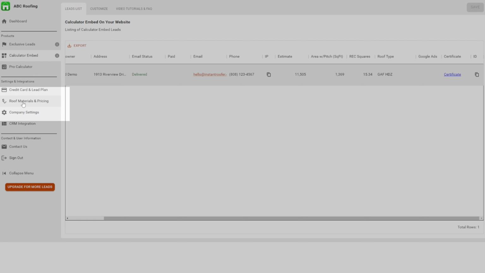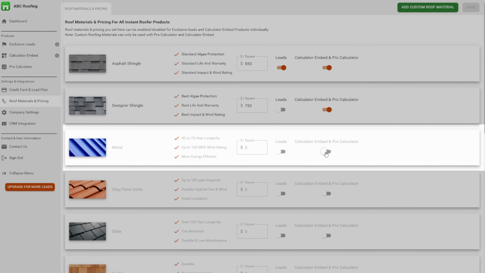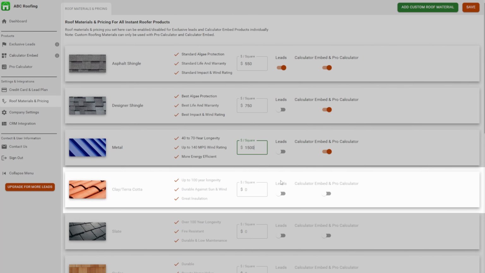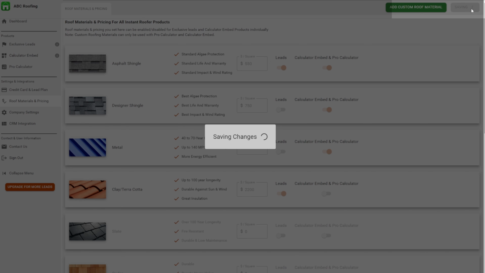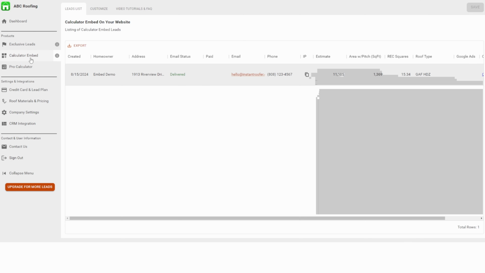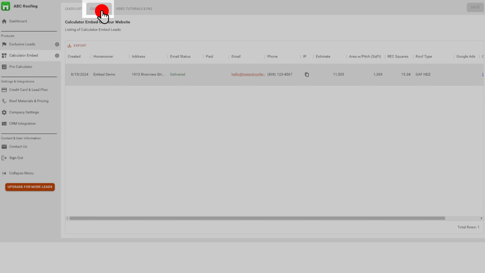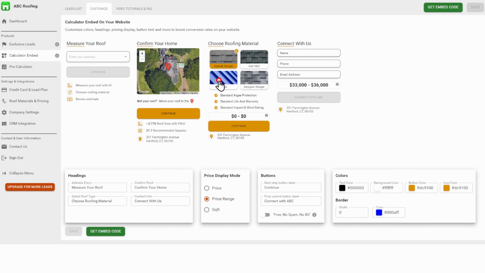Let's go ahead and add some more roofing materials to our calculator embed. You'll notice I can enable metal roofing material for my calculator embed and Pro Calculator, but I don't necessarily want leads from instantroofer.com. For clay and terracotta, I want leads from instantroofer.com, but I don't want them featured on my calculator embed. If we go back to customizing our calculator embed, we can see that metal is now a material option, whereas clay and terracotta